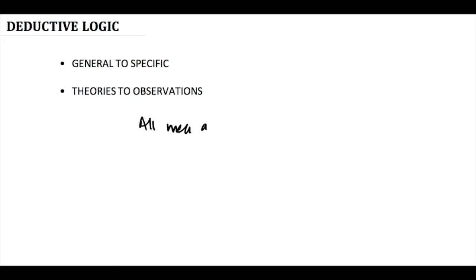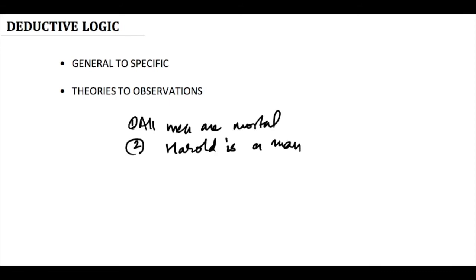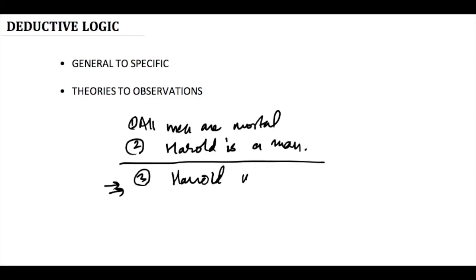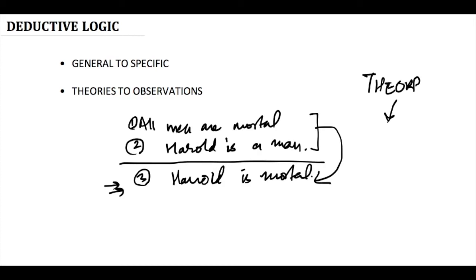All men are mortal. This is statement 1. Statement 2 says Harold is a man. So statement 3, which will be an observation based on these two statements, will say that Harold is mortal. So as you can see, these are general statements based on which we have arrived at a specific observation or a specific statement. This is called deductive logic. In this we are moving from theory to specific observations,